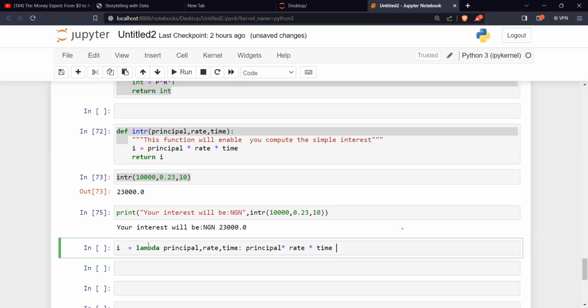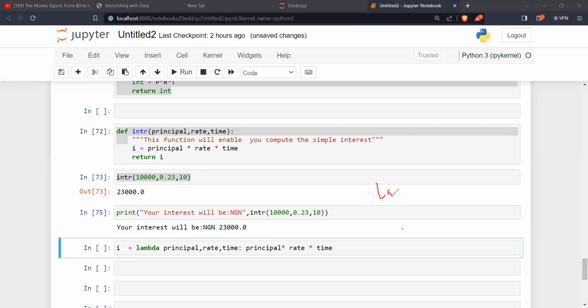First of all, define lambda. Just put lambda, the parameters, colon, then the expression. Do you see that?